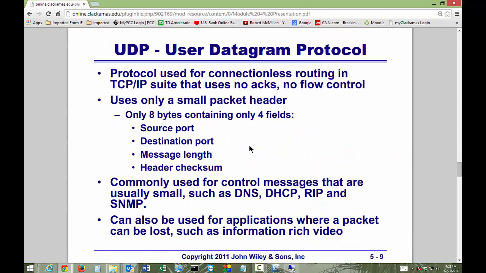All right, we talked in previous modules about TCP. It's a connection-oriented protocol, but now we're going to talk about UDP, which is the User Datagram Protocol. It's a protocol used for connection-less routing in TCP/IP, so it's UDP over IP instead of TCP over IP. It uses no acknowledgments, no ACKs, no flow control. It just sends the data as fast as it can, and if it doesn't get there, oh well, it didn't